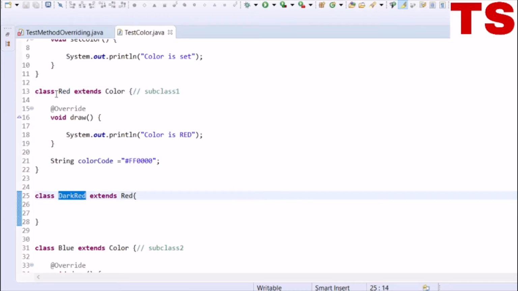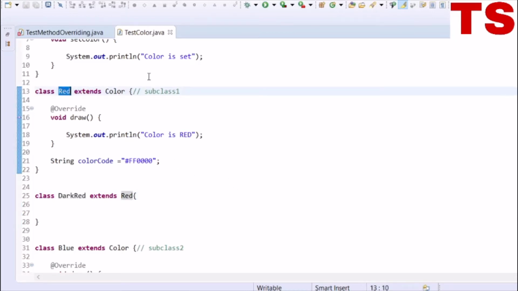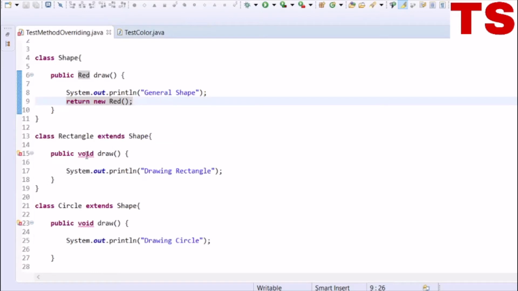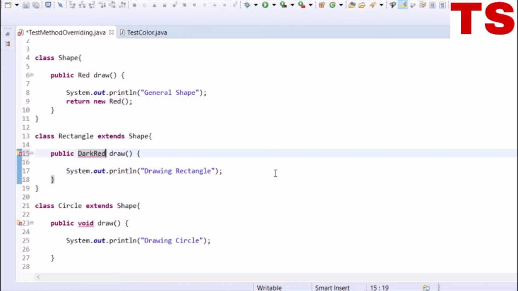Now we'll try to make the return type of the subclass, that is Rectangle, DarkRed.